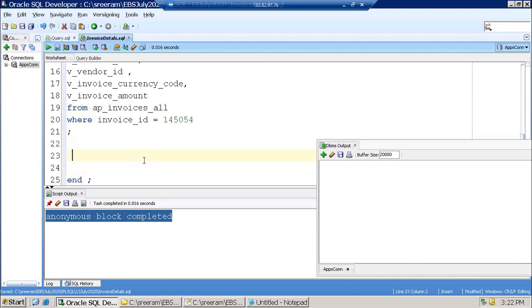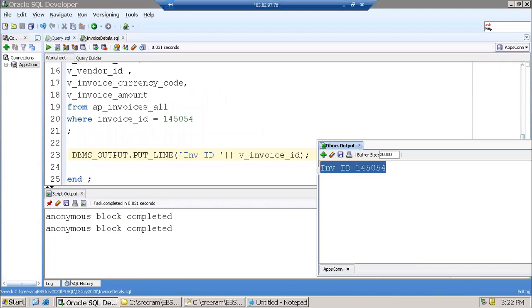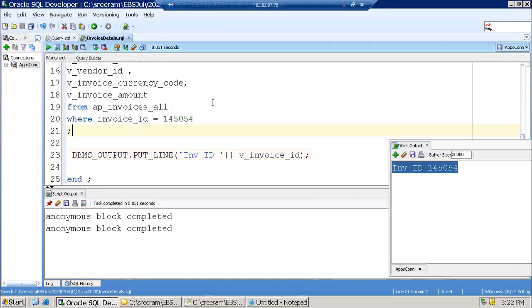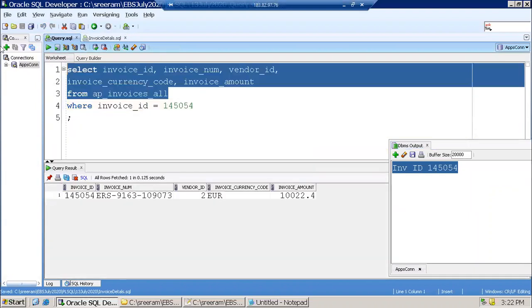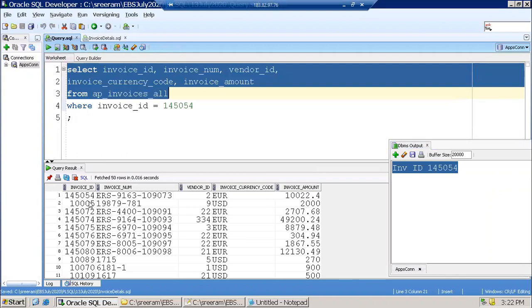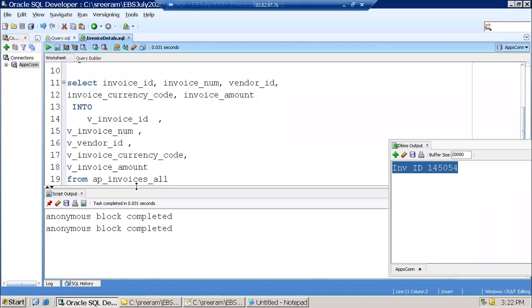And similarly, now I'll just print them. I'll print the invoice ID for now. Can you see? Got the invoice ID. Now let us say I'll try it with another invoice ID. I'll just execute. Show me the full PL/SQL script.